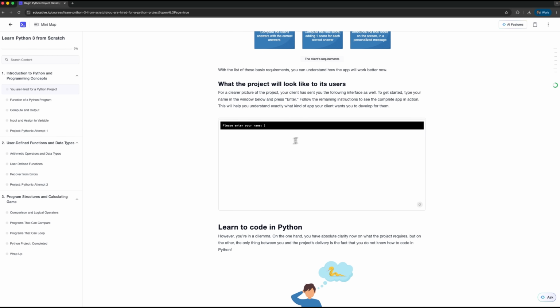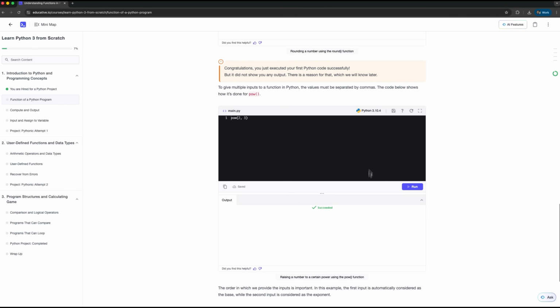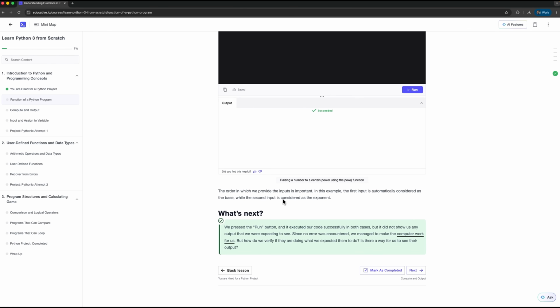Folks, right inside the lesson, you see a live code editor. This editor is connected directly to a server, which means you can write and run code instantly. You click Run, and the program executes right there in the browser, without delays or extra setup. You don't need to install complex tools on your computer. Everything runs online. But learning rarely goes perfectly, and sometimes you have very specific questions that aren't fully covered in